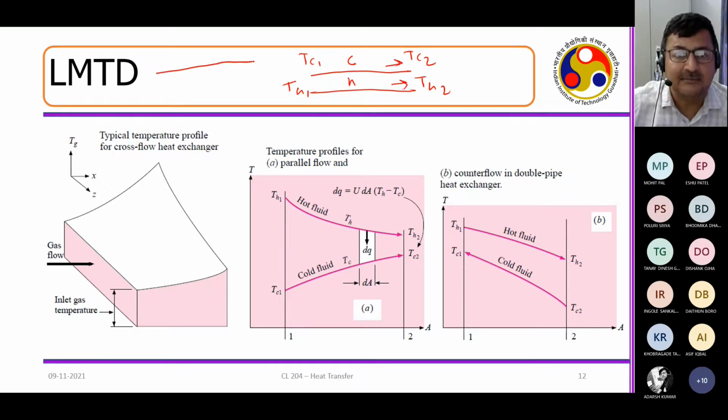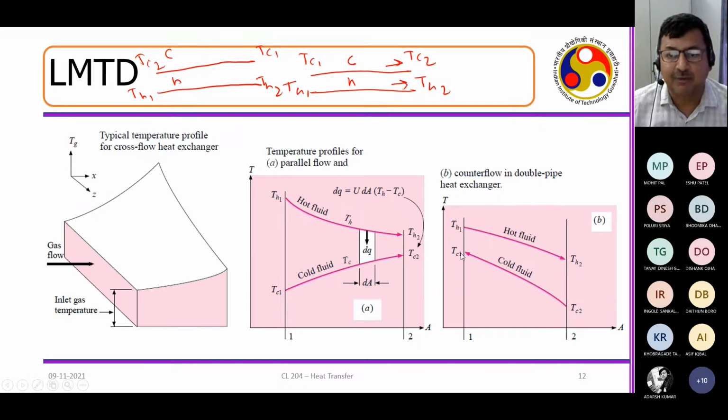Now if I consider the same thing, that I have a pipe and there is a counterflow. This is a cold fluid, this is a hot fluid. So this is my TH1, this is my TH2, this is my TC1, and this is my TC2. This is what I was discussing, right? In this sort of situation, the notation is done in a different way. This particular fluid is going in this direction, and this particular fluid is going in this direction. The notation has been done in a different way.